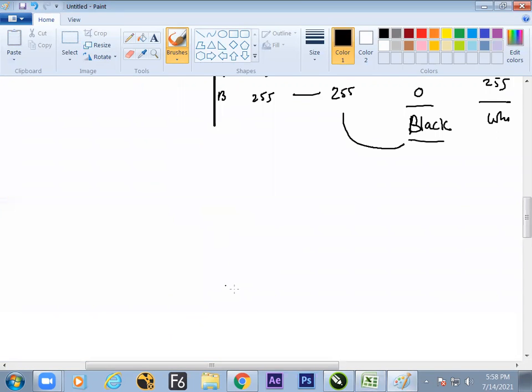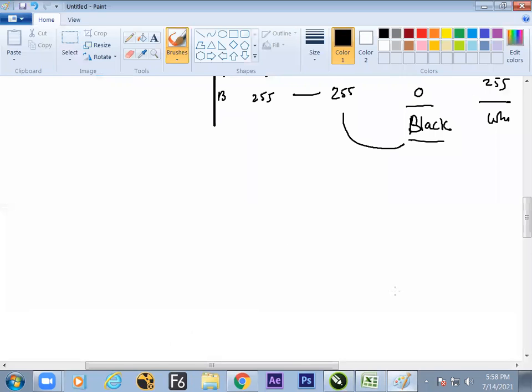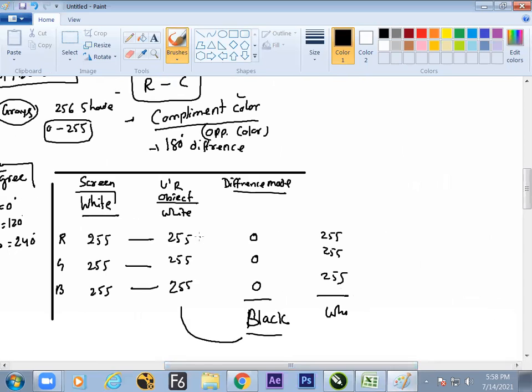And they are showing on the screen by arranging them. And people like that. So the screen is white, the aim color is red, in difference mode. These types of questions are right. So the math will help you out. Just see this math very clearly, then the answer is here.